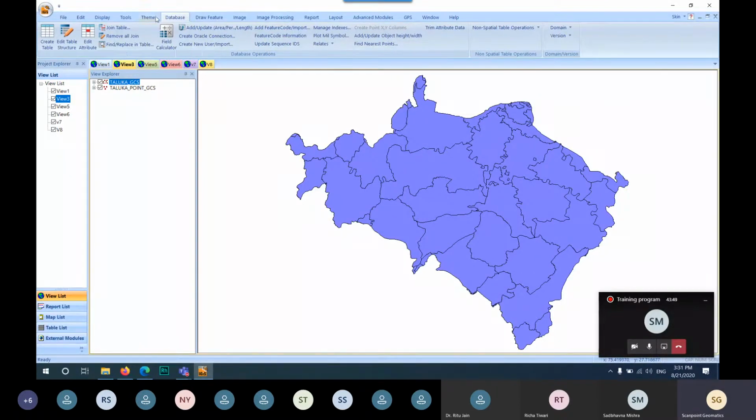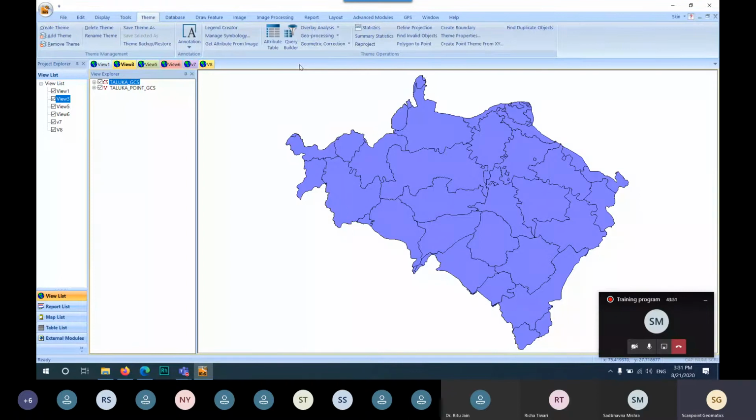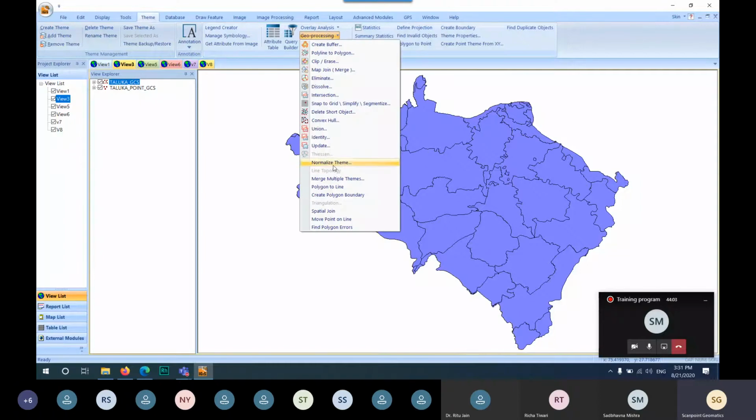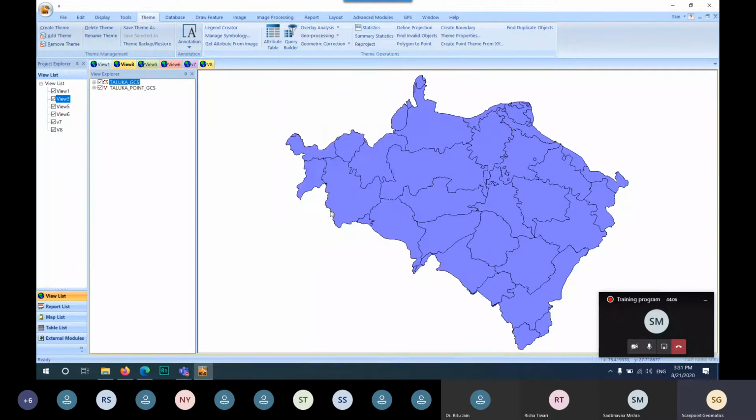But if you want to join geo tagged based, meaning geo referenced based, spatial based joining, then for spatial based joining you have to go to geoprocessing and spatial join.